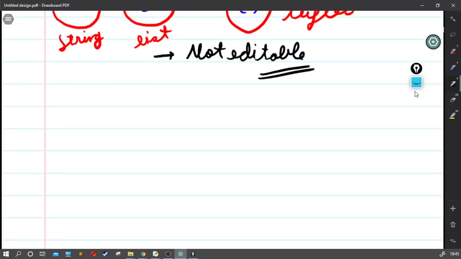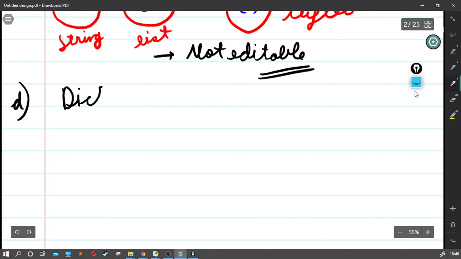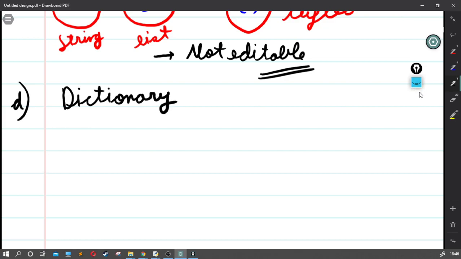This is one more really interesting data type. I would say it's called dictionary. This is one of my favorites. Dictionary. So what exactly is a dictionary? As you will see, in simple English language, we have a dictionary. So how does a dictionary work? Dictionary works in a really simple way. We have a key,